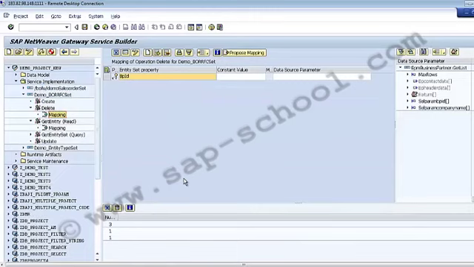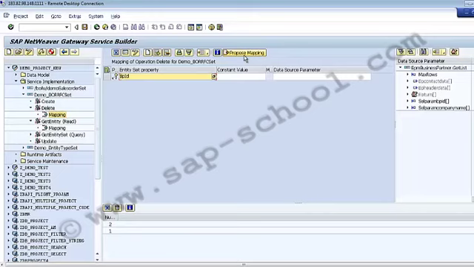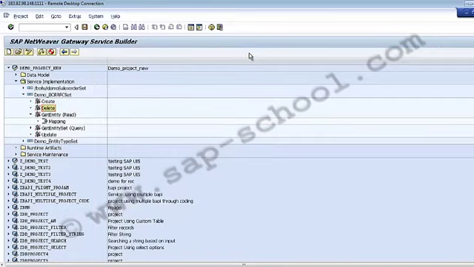This way we can create the mapping for the delete and the update operation. We can choose propose mapping, but since there is no information about this mapping, no mapping is proposed automatically. This is how we can create the different mappings using the different operations available under my service implementation. Now let's go back to the presentation.